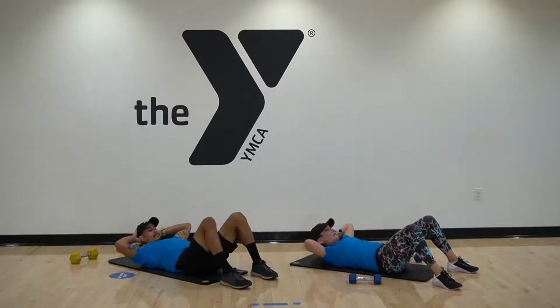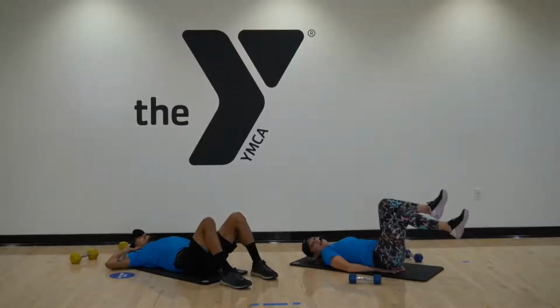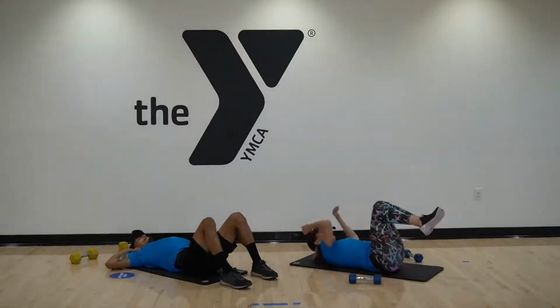Lower back press down. And you also have the option just to be down here like this and go 1, 2, hold. If you don't want to lift your body, 1, 2, hold. Let's go. 1, 2,